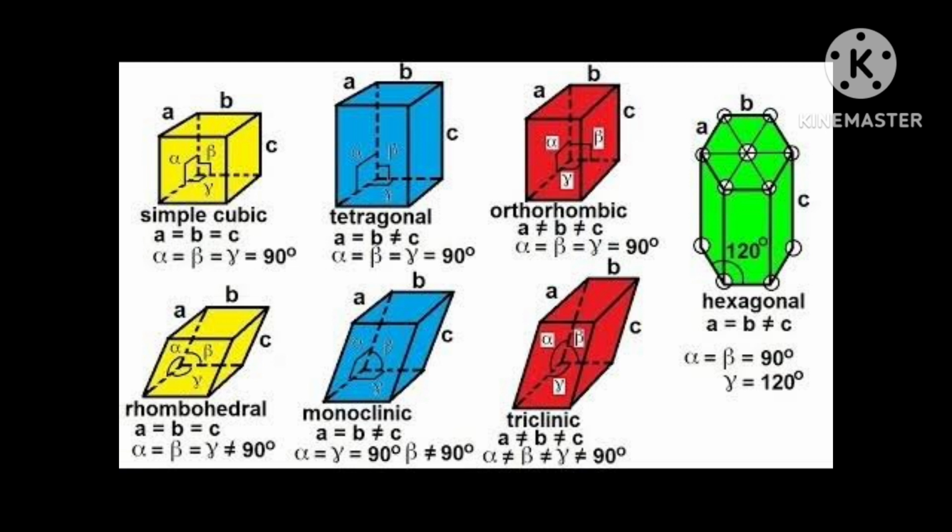Now 3 conditions are there. Where will these particles be? There are three possibilities. The first possibility is the body-centered unit cell. The name itself says it. Body-centered unit cell means the 8 corners are covered in this cubic unit cell, 8 particles are there. Now suppose one more, a 9th, is there at the center of the cube, in the middle: body centered.